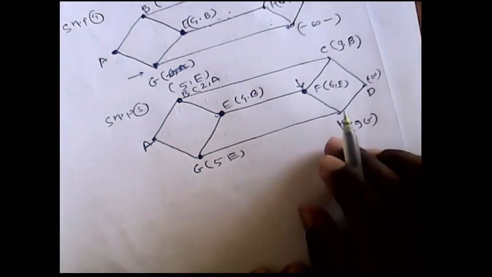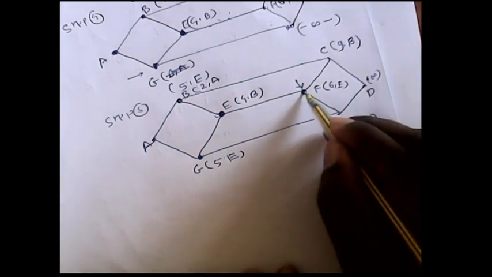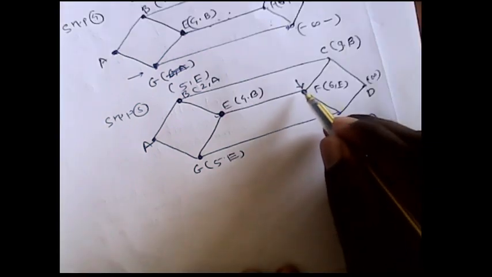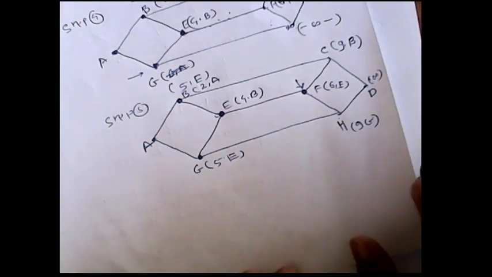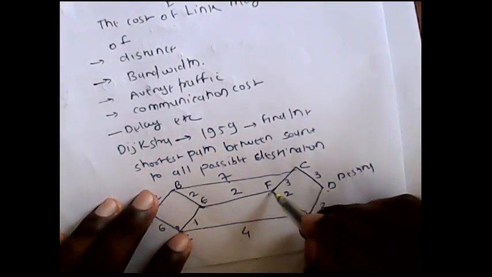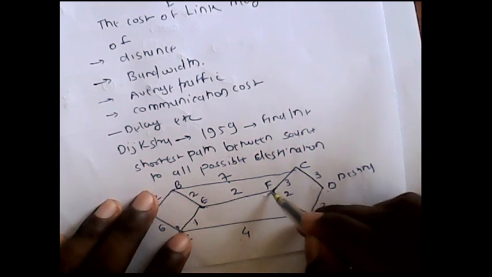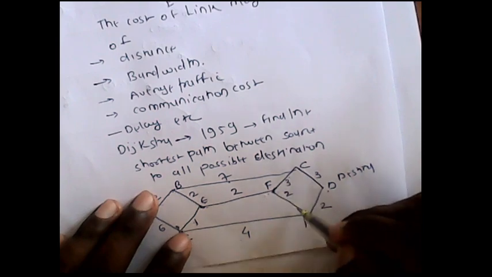So there is a possibility of two. The first one from here is H, or the next one is C. But when we observe the graph, there is 8 and there is 9. So 3 plus 6 plus 3 is 9, and 6 plus 2 is 8. So the next working node with a minimum cost is H. So we can make F a permanent node. Again we draw step number 6.